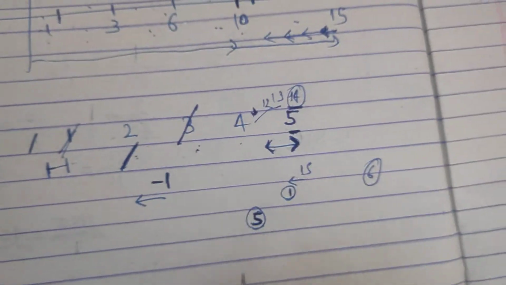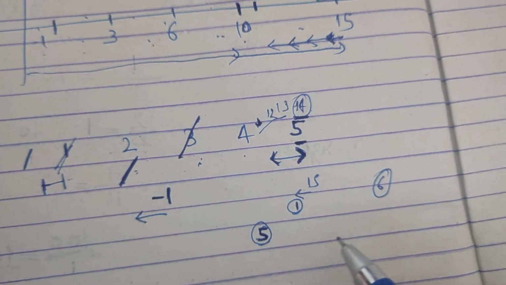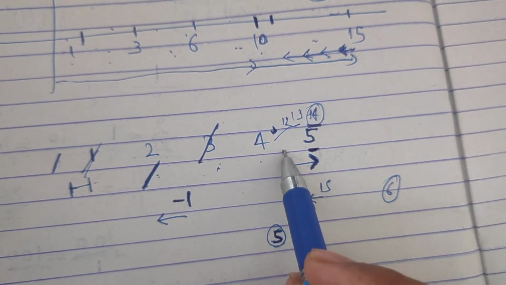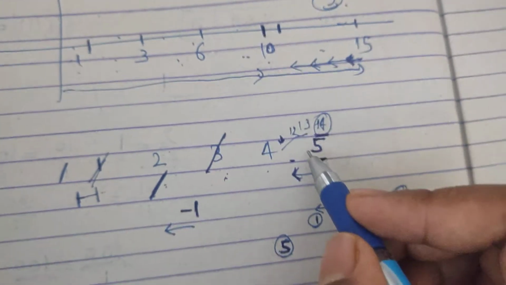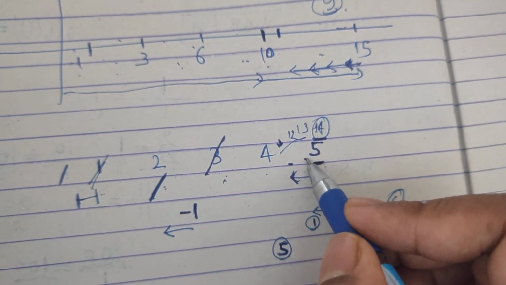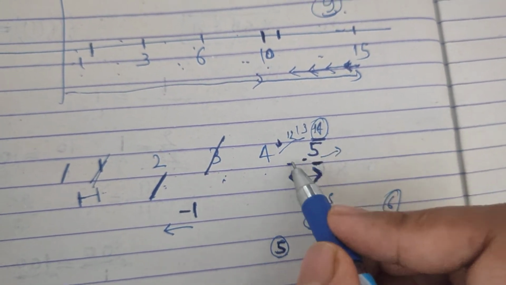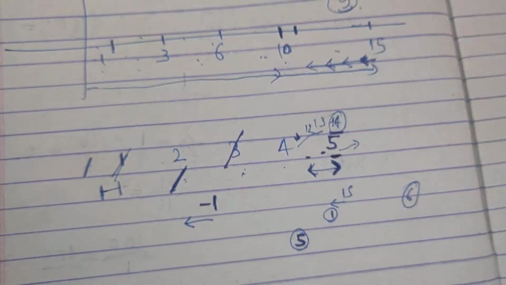So the logic here is that we will go on incrementing the sum, and when it is greater than n then we will break it, and we will see if the sum is 1 less than the number, then we have to print one more number, and if it is anything else then we will print that number only. So this was also an easy to medium sum, and now we will solve the third sum.